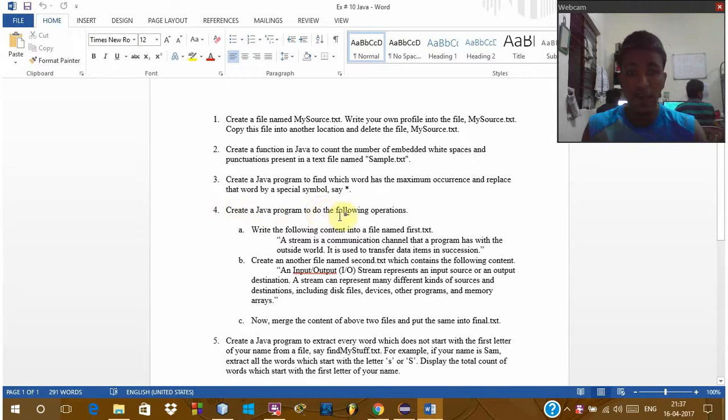Create a Java program to do the following operations. Write the following content into a file, first.txt. Then create another file named second.txt, which contains the following content. Then merge the content of the above two files and put the same into final.txt. Okay, so